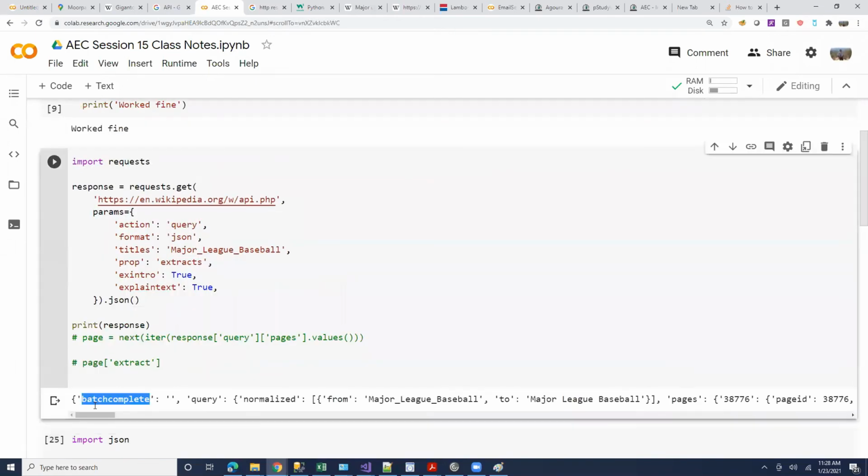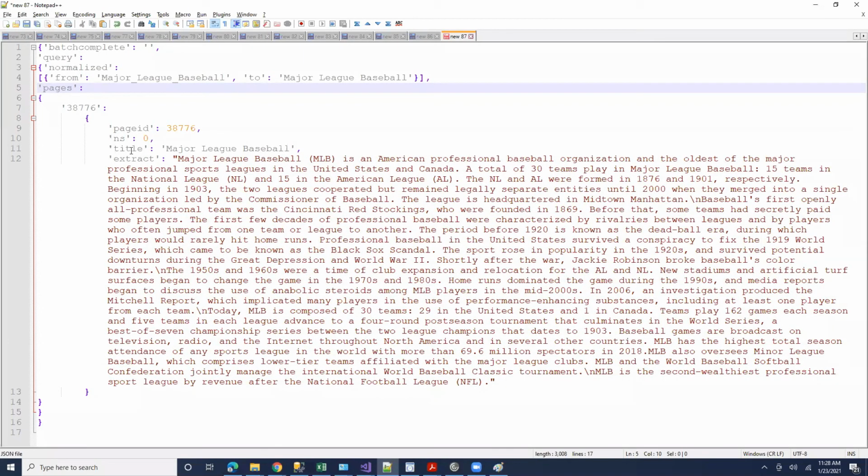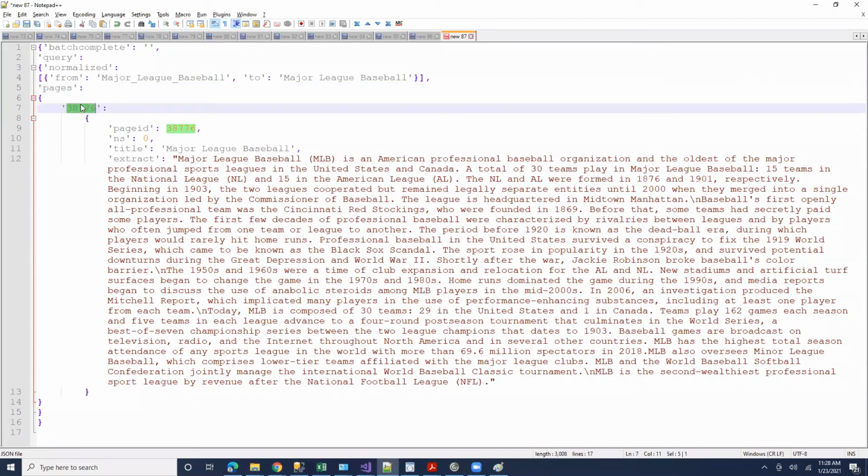In this dictionary, I noticed that there are dictionaries within dictionaries, or nested dictionaries. The text that I'm looking for is within the pages element, the first key within the pages element.